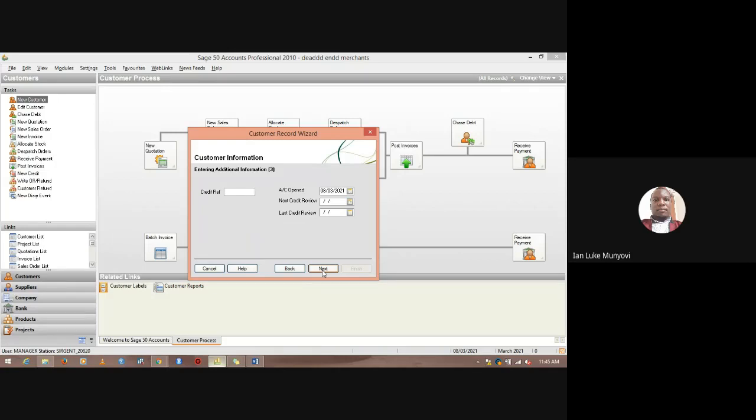So if they pay on time, you can decide you review after 5 months. You maybe increase, or if they are doing bad, then after 5 months, you'll do what? Reduce their limit. Then next,